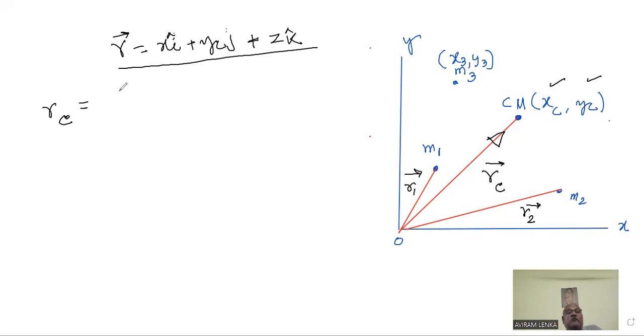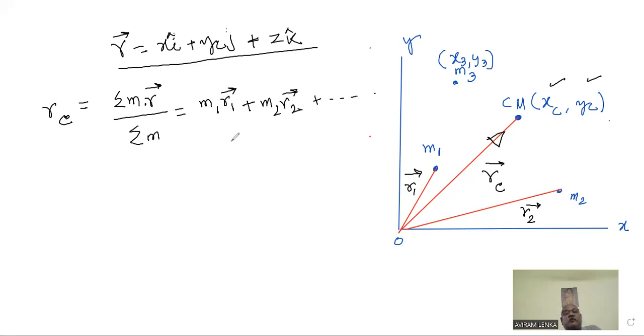That will be equal to, in the same way that we got sigma m into r by sigma m, m1 r1 plus m2 r2 plus m3 r3,